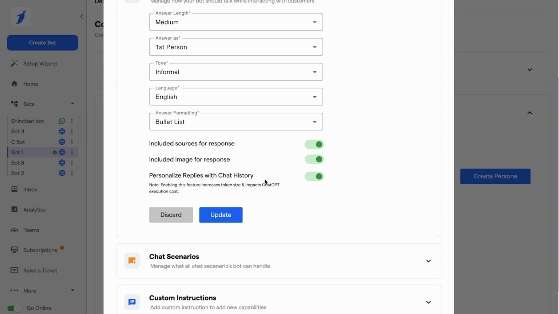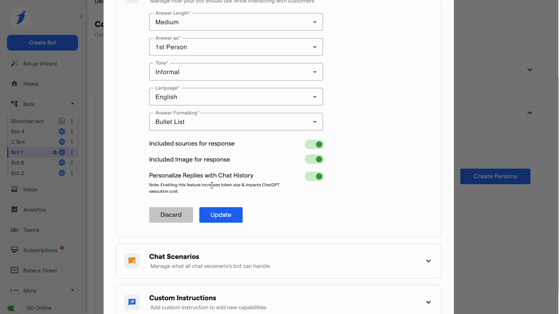So, based on the user's responses to those 6 to 7 chat components, the next chat will follow. If the user seems to be very much interested in one particular product or one particular style, the next AI bot responses will be surrounding that particular product or style. So, this is what is meant by personalize the reply. All right.